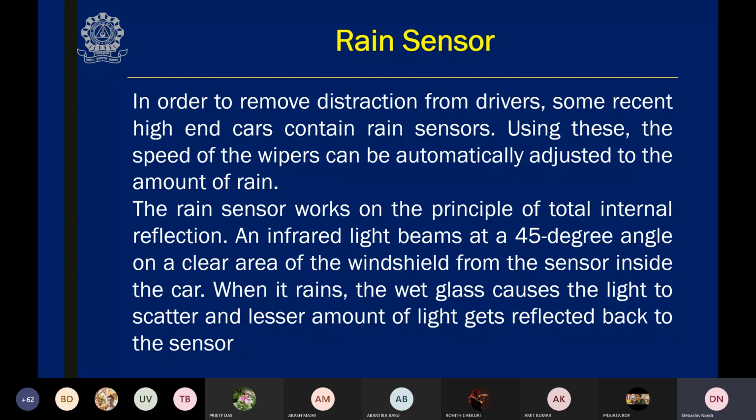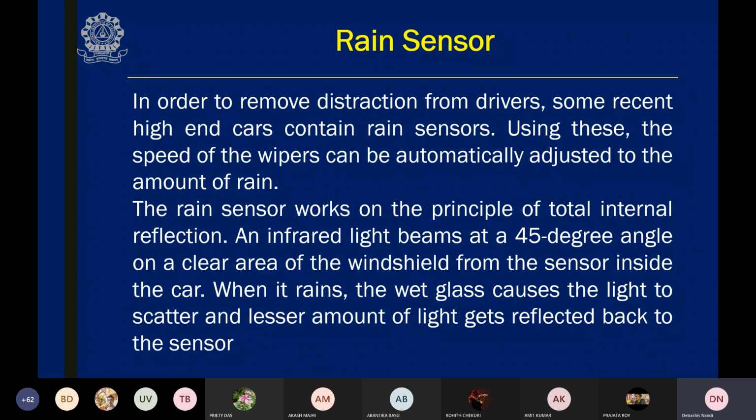When rain will fall on that part of the glass, then most of the light will be scattered in different directions, and a lesser amount of light will reach the sensor, and the sensor output will generate a lesser amount of voltage,